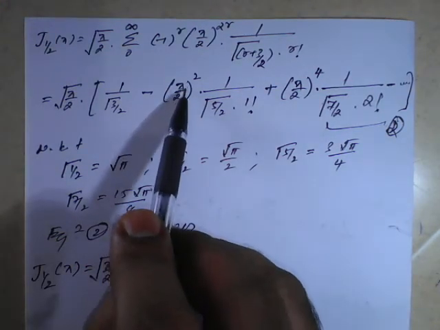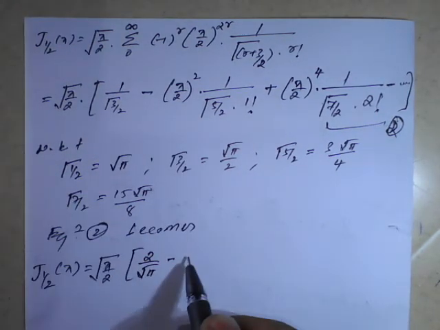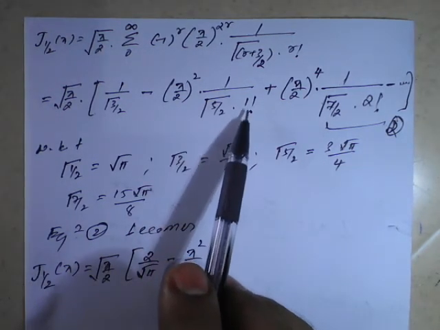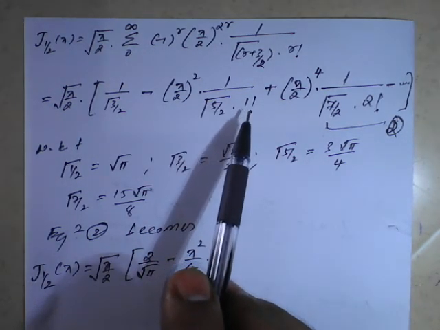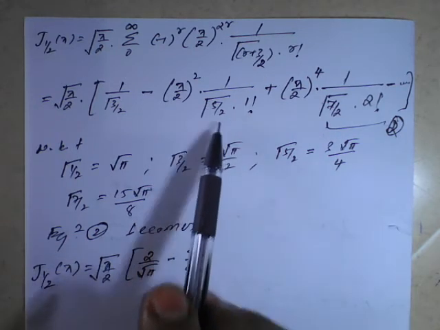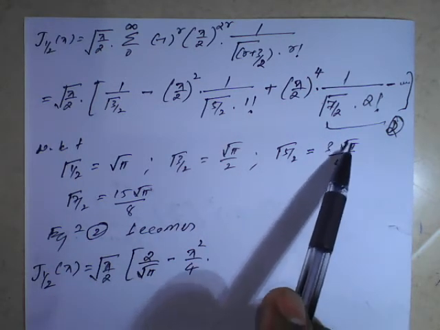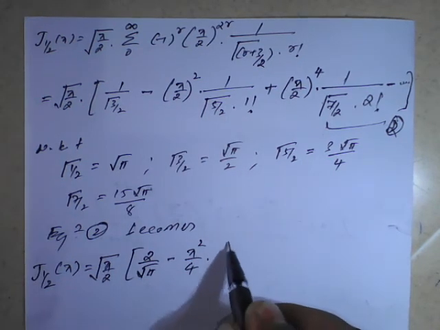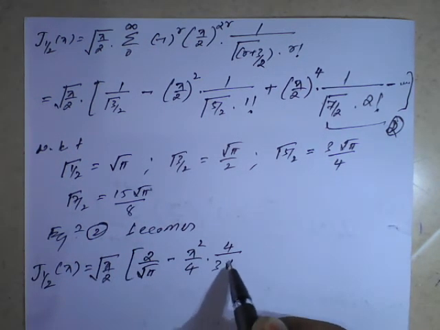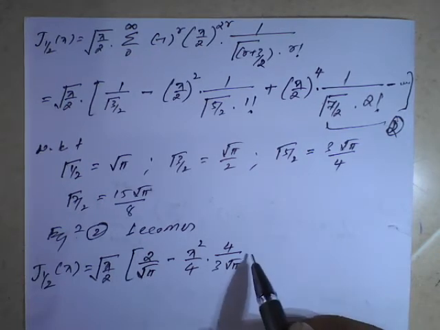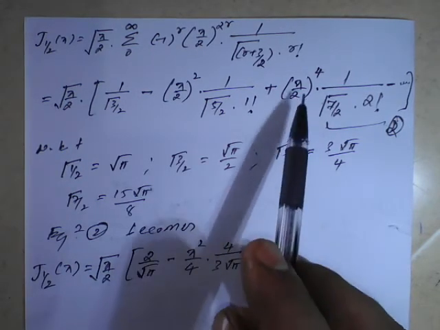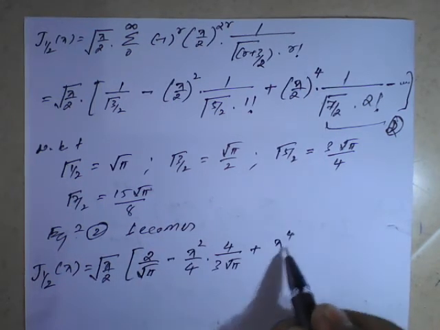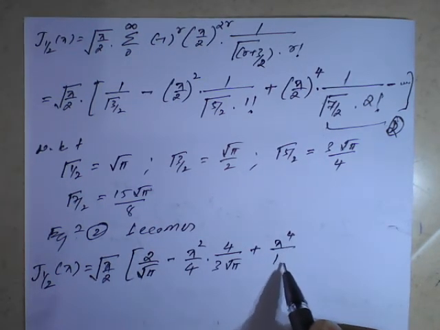So x by 2 whole square will become x square upon 4. So 1 factorial is again 1 itself. Gamma of 5 by 2 is 3 root pi upon 4. If you make it reverse, it will become 4 divided by 3 root pi, plus x by 2 whole raised to 4. It will become x raised to 4 upon 16,